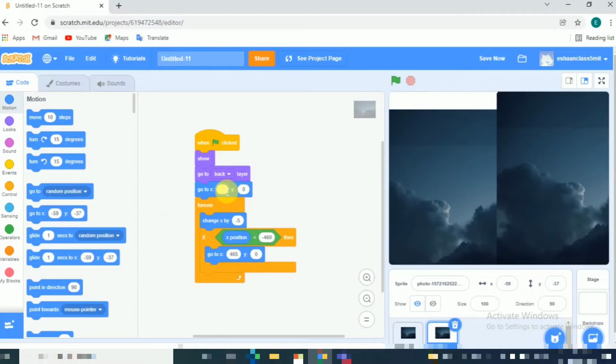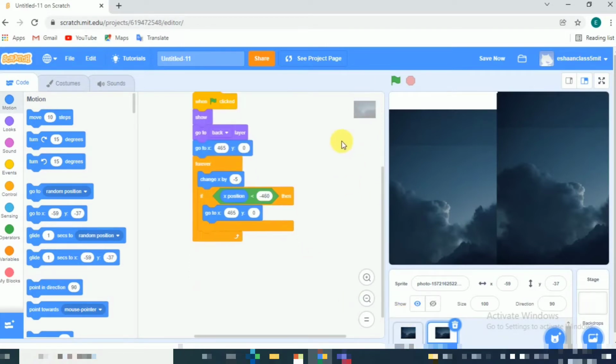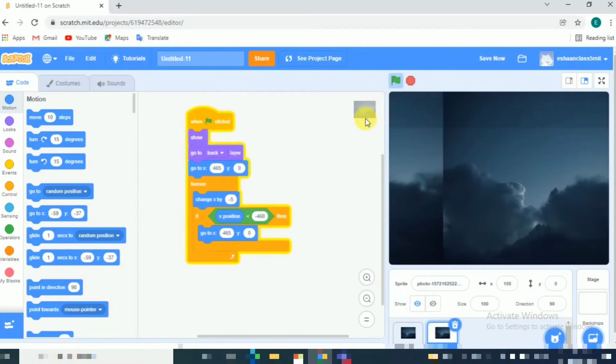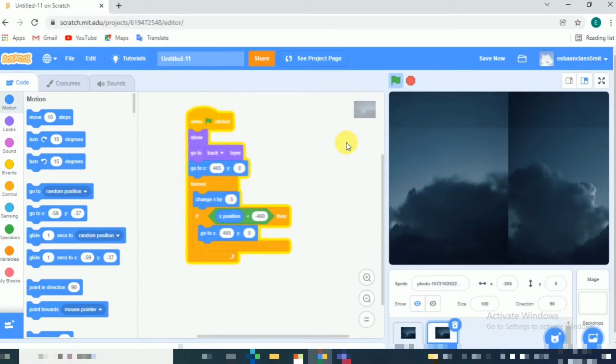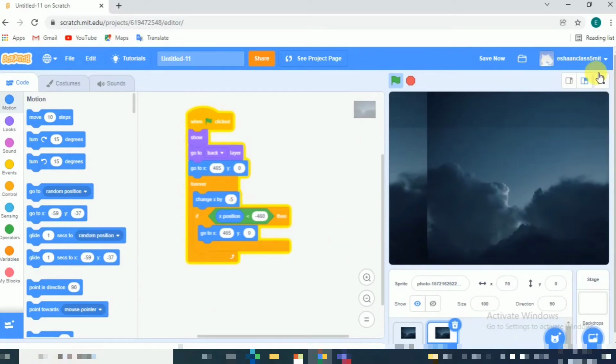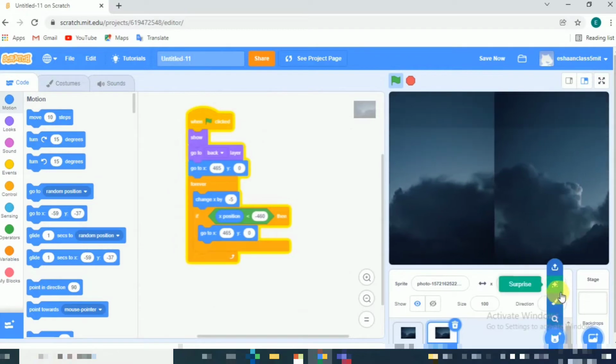We'll set the x and y coordinates to 465, and change x by -5 is correct. Now all the coding is correct. You can see the background is moving correctly.